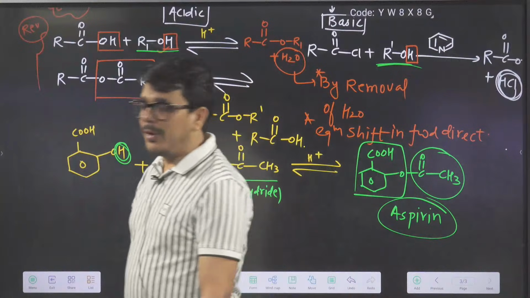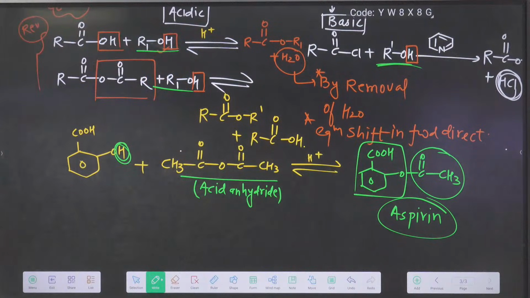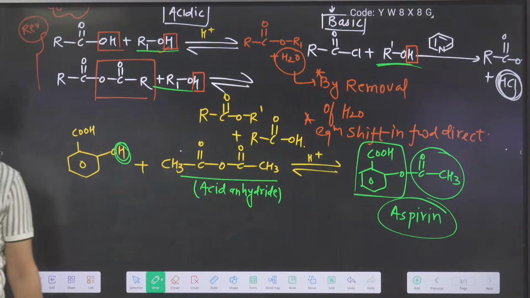So either there will be formation of aspirin, or I can say this is acetyl salicylic acid. Clear to everyone? Yes or no? Now next